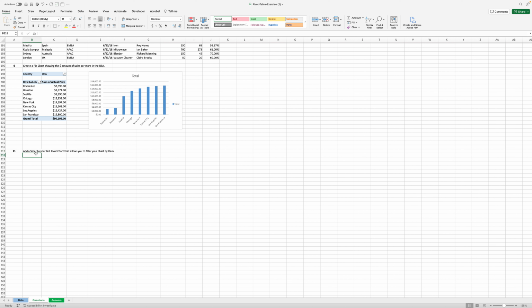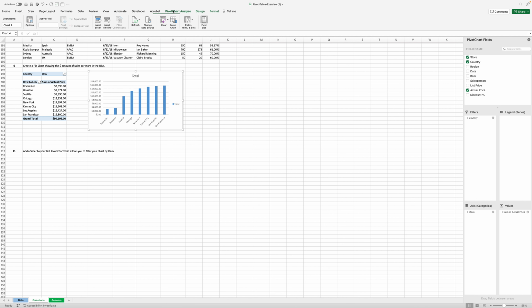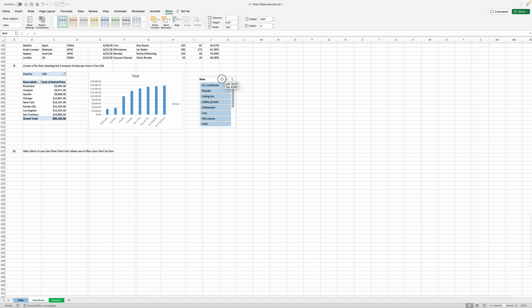Question 11, it says add a slicer to your last pivot chart that allows you to filter your chart by item. So basically we want to insert a slicer, so we are going to pivot chart analyze. We are going to insert a slicer and we want the slicer to be by item. And what that is going to do is I have this thing which is called a slicer, and basically it tells me which items I want to include